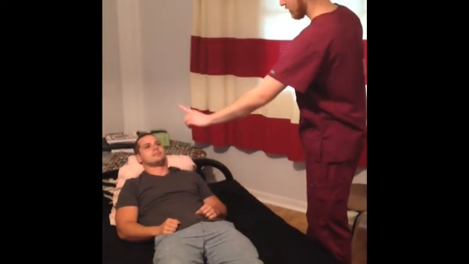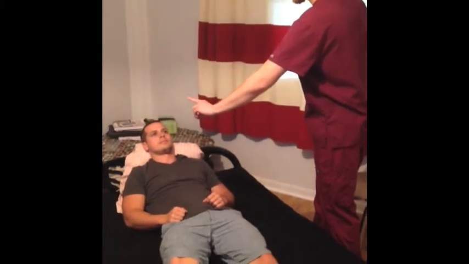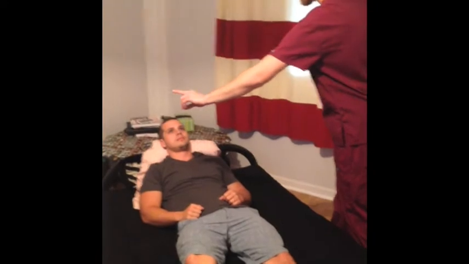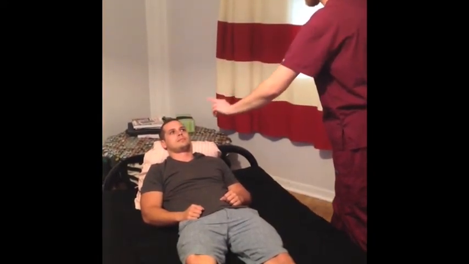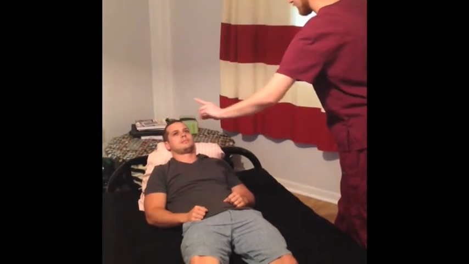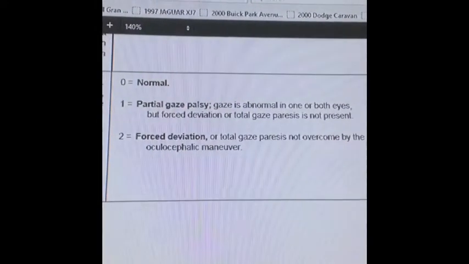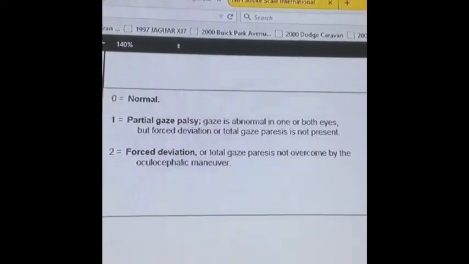Now I'm going to need you to see if you can stare at my finger here and just follow from side to side without moving your head. Just use your eyes, okay? Good. For Shay's best gaze, he would also receive a score of 0 as he had no forced deviation in